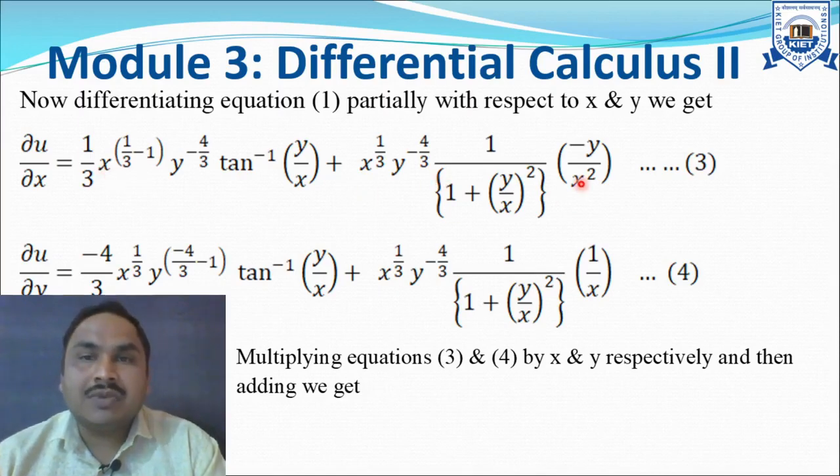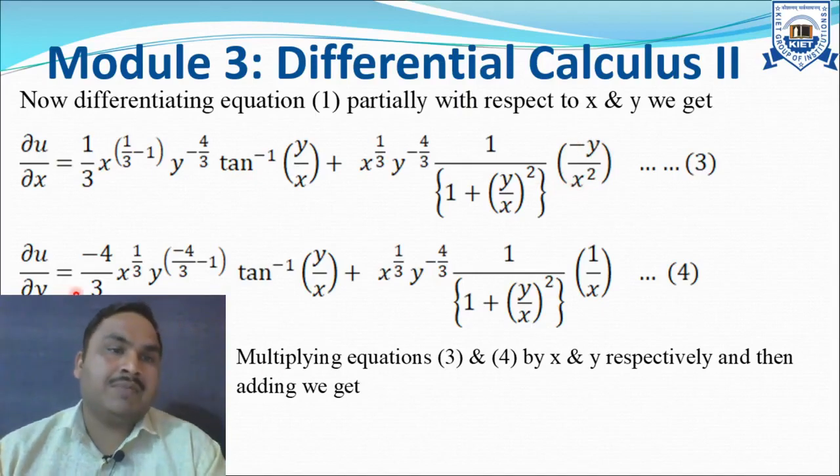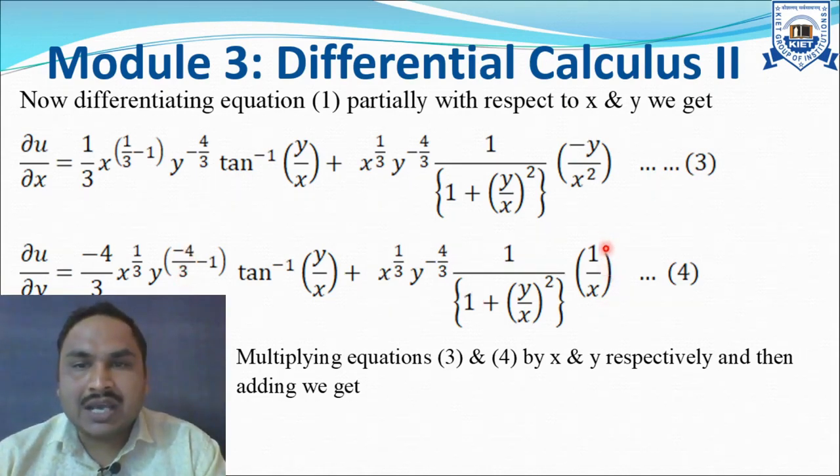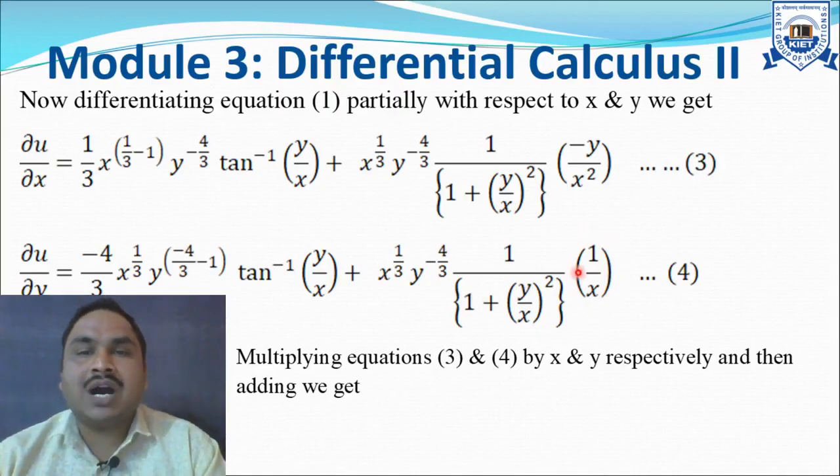In the last term, after multiplying by x and simplifying, I will get minus y over x. Similarly, if I multiply by y, the power of y after simplification will become minus 4 by 3, and in the second term I will get y in the product, so this term will be y over